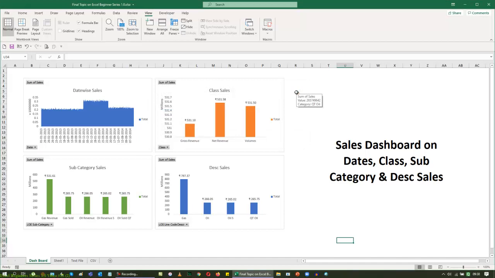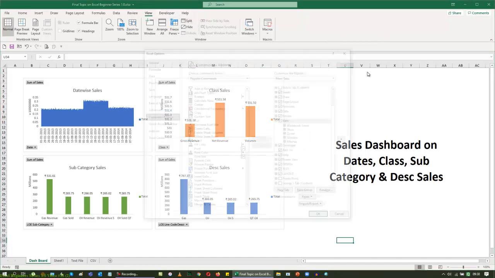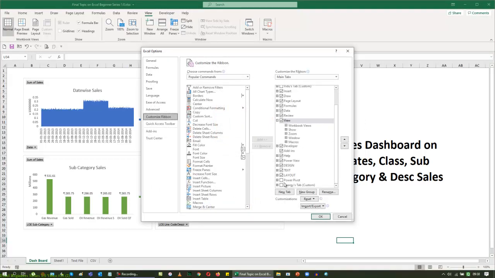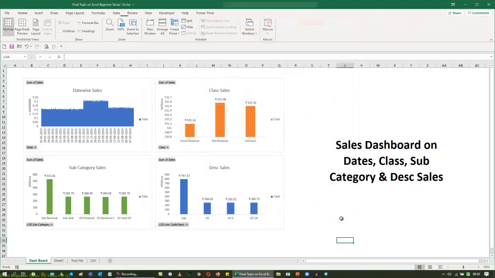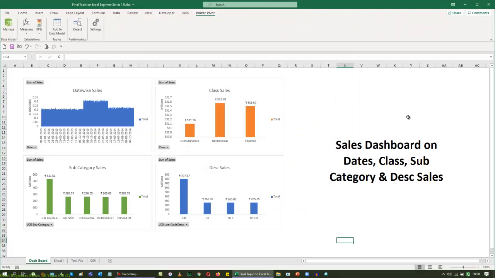And now we can see the Power Pivot window will automatically pop up after I add it from my main part. Okay, now the Power Pivot window is here. So you can manage your data, you can create measures if you want, and you can create key performance indicators also. All these logics, I'll be doing in my series number 3, where I'm going to deal with Excel Power Query and Power Pivot series 3.0.